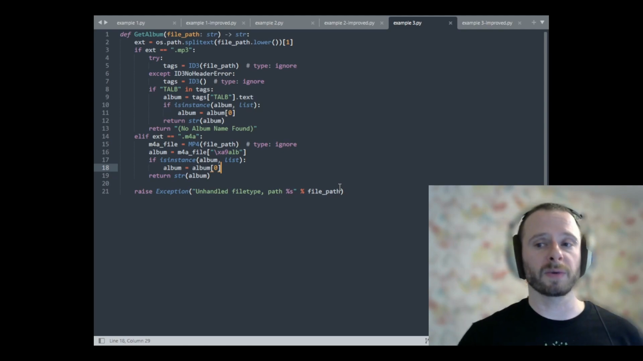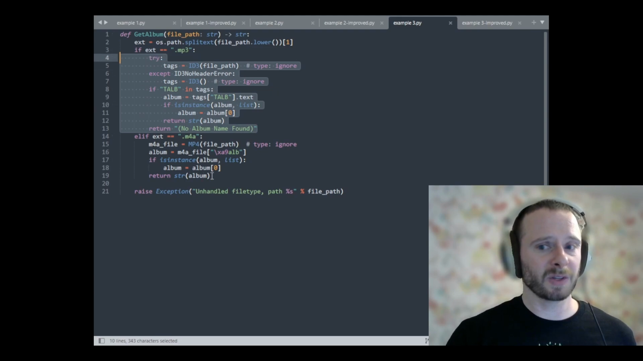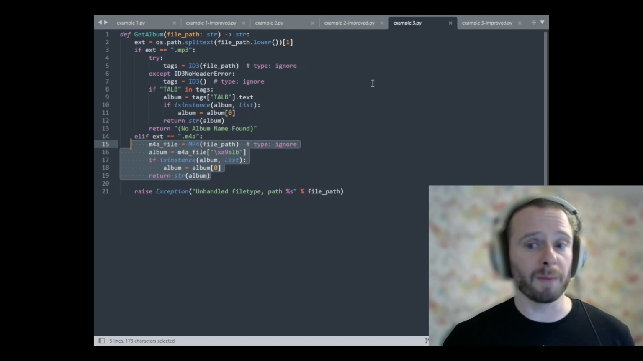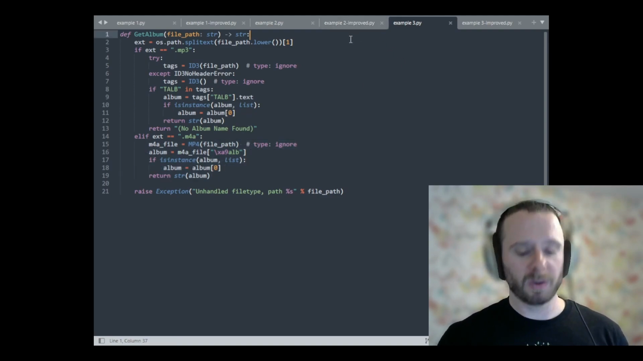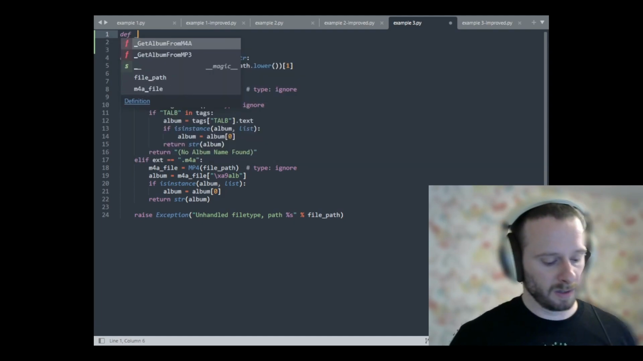As I described the function that way, I think it's pretty clear that I've got two helper functions here. I've got this code, getAlbum for MP3, and this code, getAlbum from M4A. So I think we should probably just extract both of those. So get,